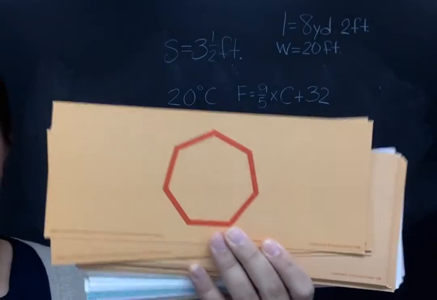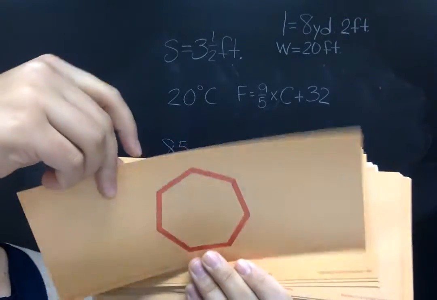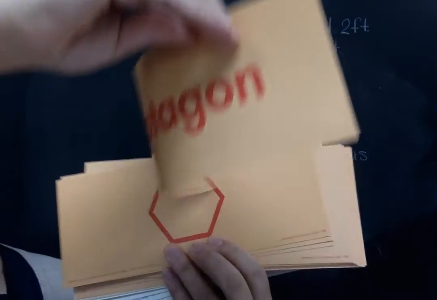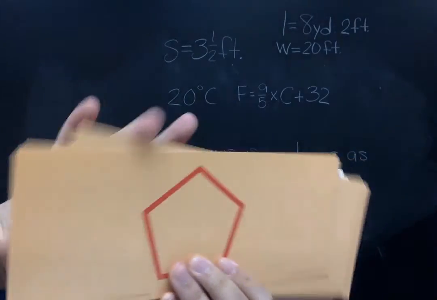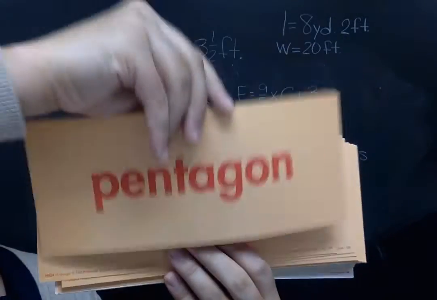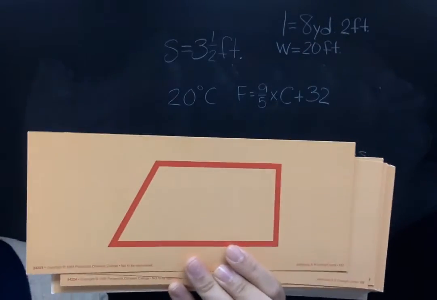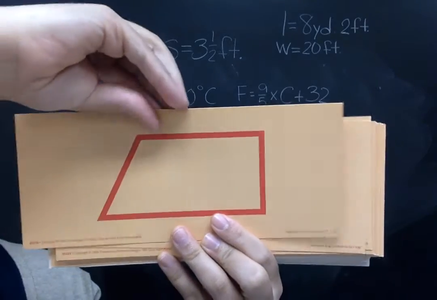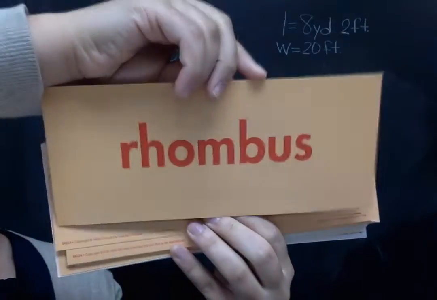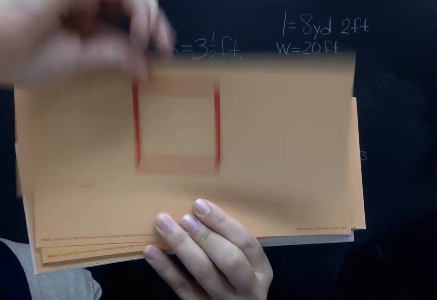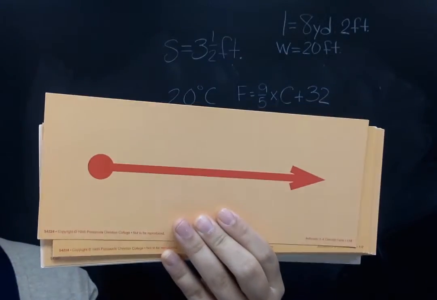octagon, 8 sides, 7 sides is heptagon, 6 sides, hexagon, 5 sides, pentagon. What is this? Trapezoid, rhombus, square,